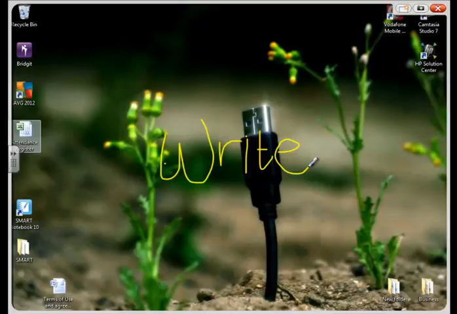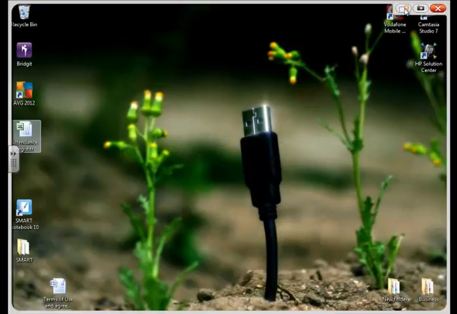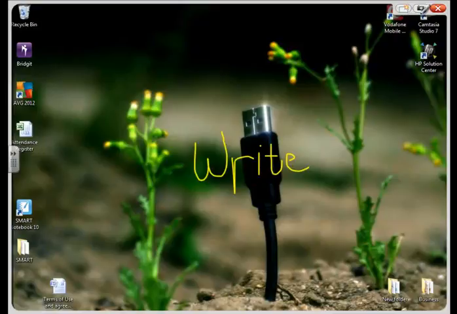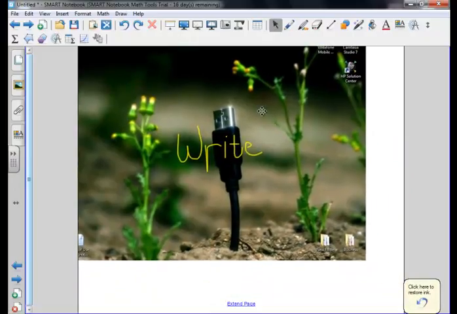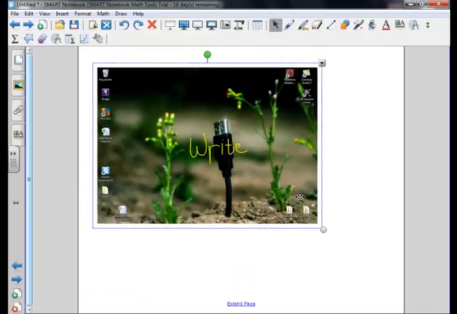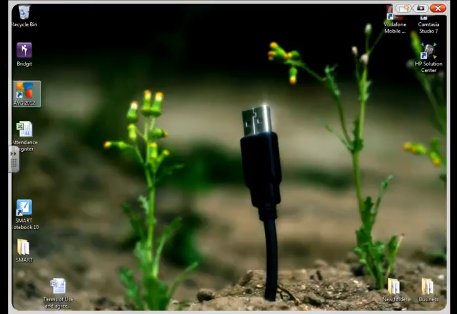You'll notice on the top right hand side there are three buttons. The first button, if I click on it, it clears my ink. The second button takes a snapshot and saves my ink notes and puts them into Notebook, where I now have my image with the annotations that I've made. I can resize, rotate, and go ahead and use this. The last one is a red cross, and if I click on that, that will simply close my digital ink